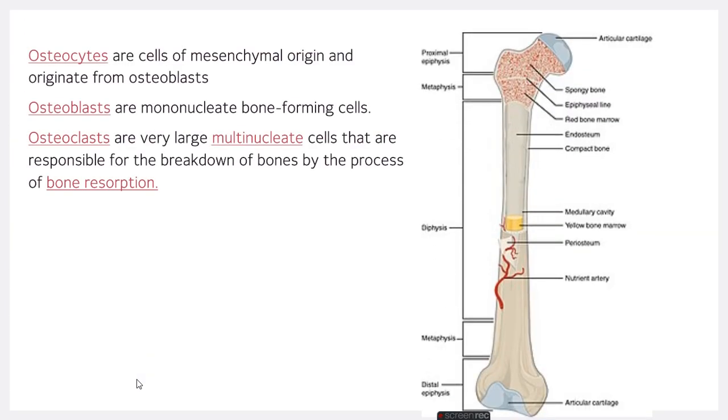Let's discuss them in detail. Osteocytes are cells that originate from the osteoblasts, and osteoblasts are the bone forming cells. Osteoclasts are responsible for the breakdown of the bones, right? For example, if we have a deficiency of calcium in the blood, then osteoclast activity is going to occur, and the bones are going to break down, and from the breakdown we have organic material, and from that the calcium is going to be given to the blood so that the deficiency could be minimized.